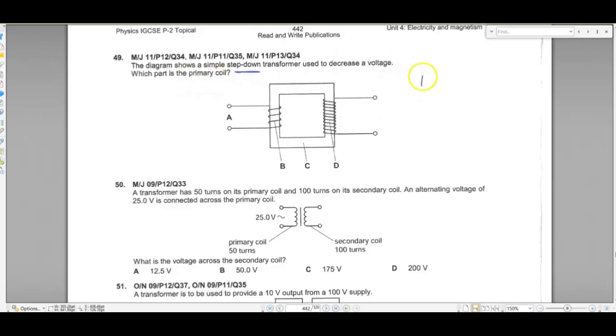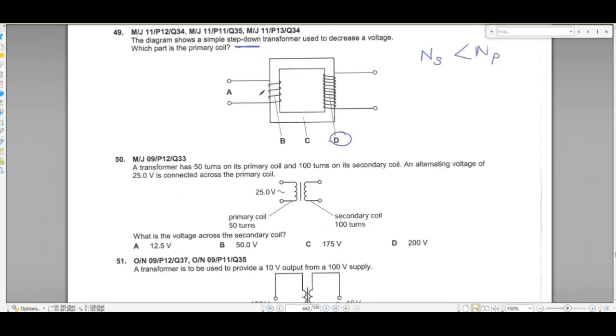Okay, in a step down transformer, we know that the number of turns in the secondary side are less than the number of turns on the primary side. Usually in the figure, the left side indicates the primary side and the right side indicates the secondary side. But when they've mentioned that it's a step down transformer, you should see where the number of turns are less and where the number of turns are more. We know that the number of turns are more on the right side. So this is going to be the primary side and this is going to be the secondary side. Okay. Always be vigilant.